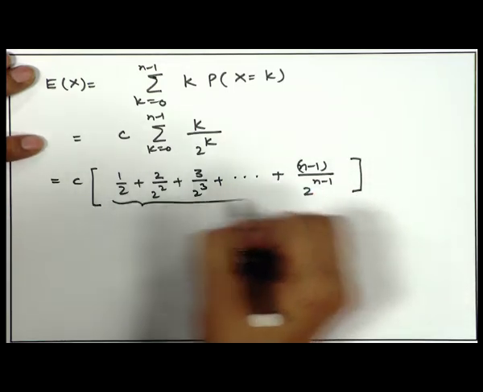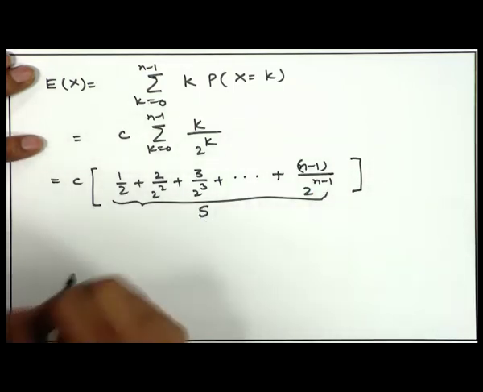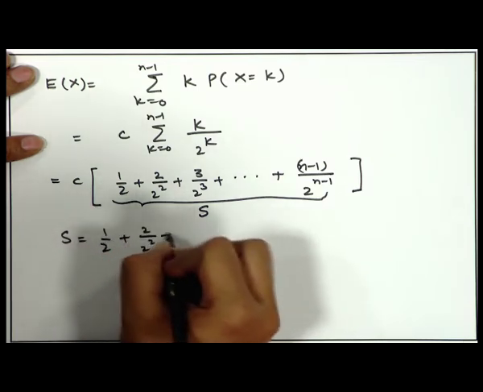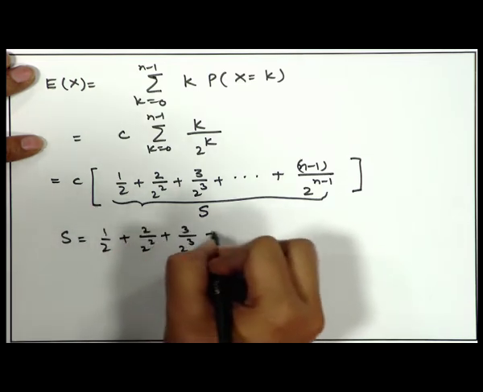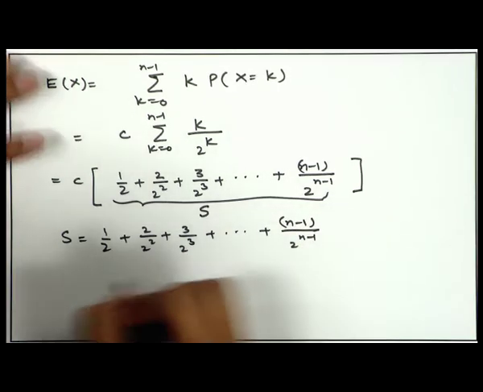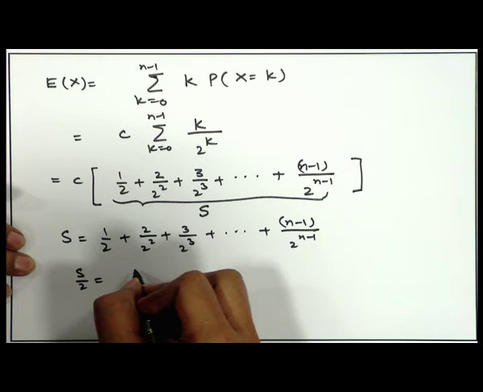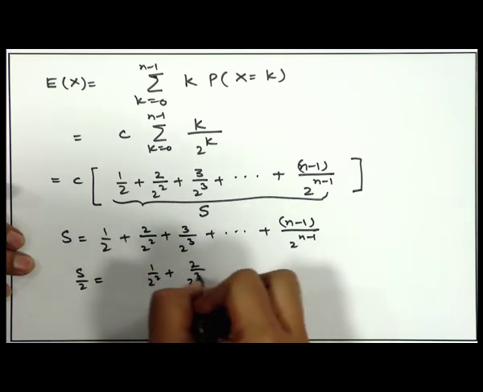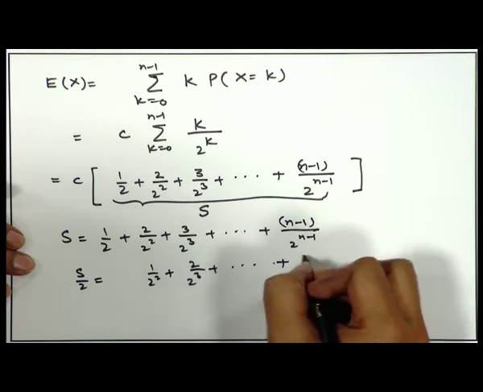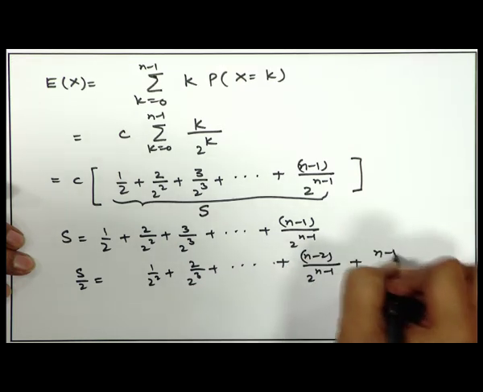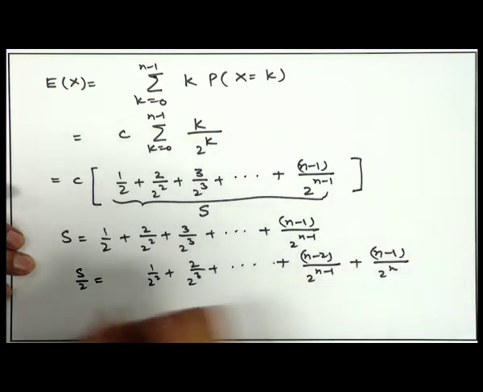Now, suppose I call this series S. So, S is equal to 1/2 plus 2/2² plus 3/2³ and so on, up to (n-1)/2^(n-1). Then S/2 is equal to 1/2² plus 2/2³ and so on, plus (n-2)/2^(n-1) plus (n-1)/2^n. So, if we subtract